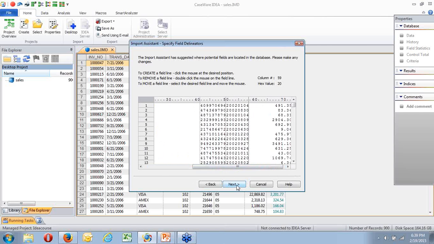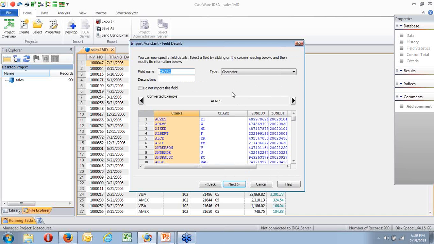So it's exactly the same procedure for defining the fields. I'll go to next. There's my first field. That's the surname. It is character. That's going to be the name. The next field is going to be initials. It's 21 characters. I have to leave it at that. Now, I don't have to leave it at that on the screen once I've defined it. But at the moment, I'm stuck.